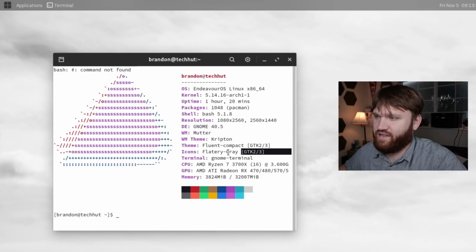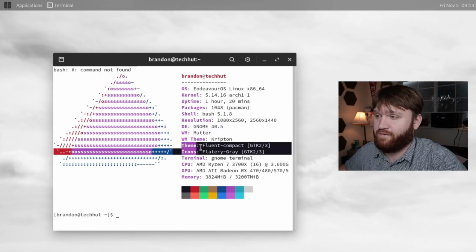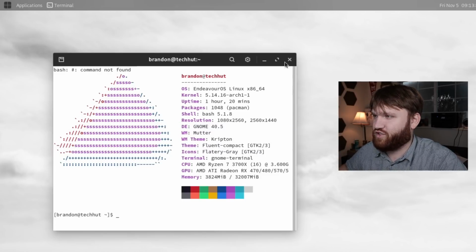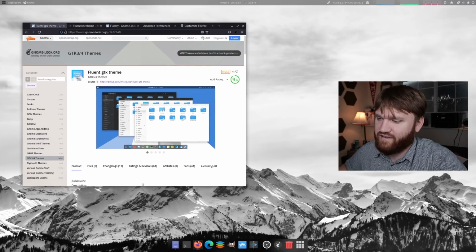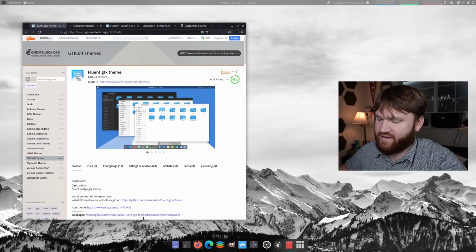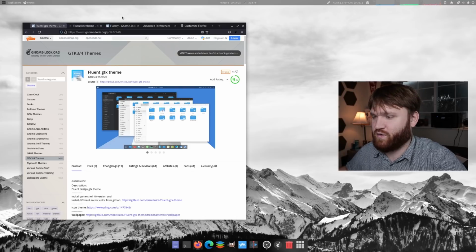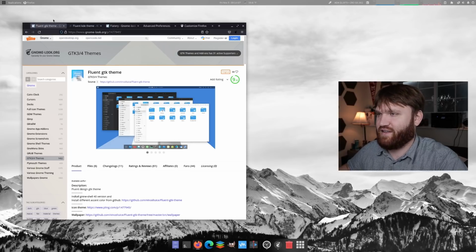And you can see here the theme and icon pack we're running, Fluent and Flattery, which I'm going to be jumping into real quick. Let's open up our Firefox internet browser. In addition to these themes, icon packs, and all that, I'm going to be showing you how to get this more compact Firefox look without having to actually switch out your preferences, documents, or anything like that. Just real easy to do.